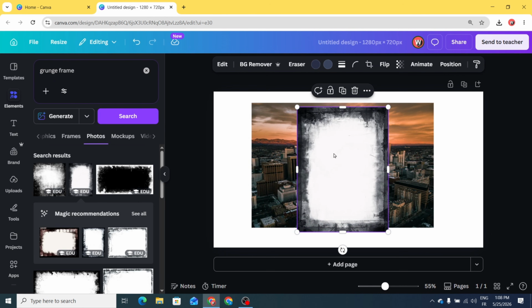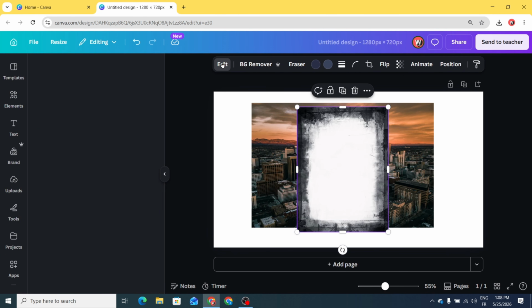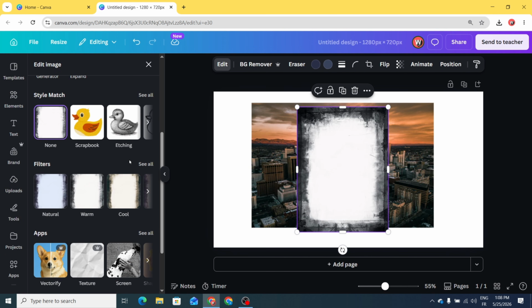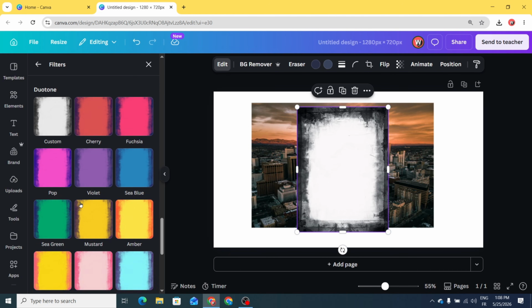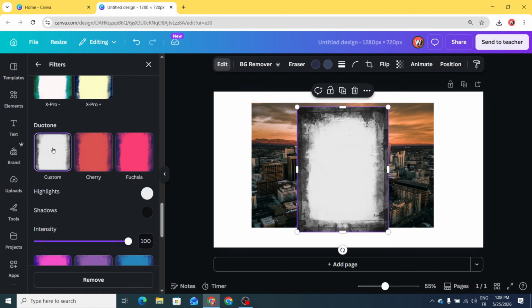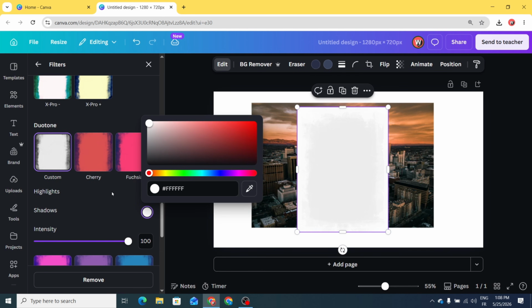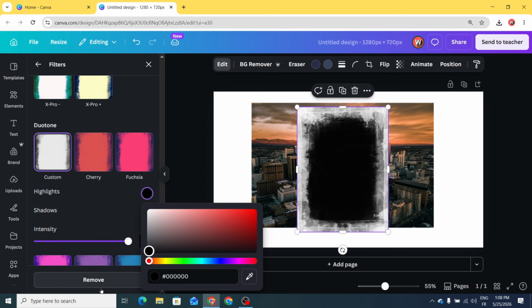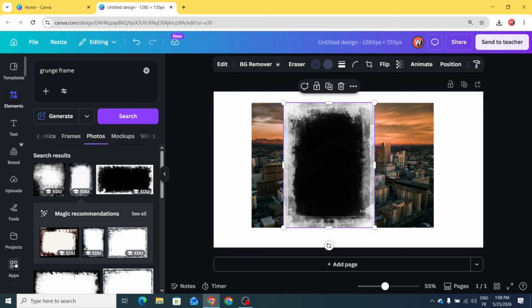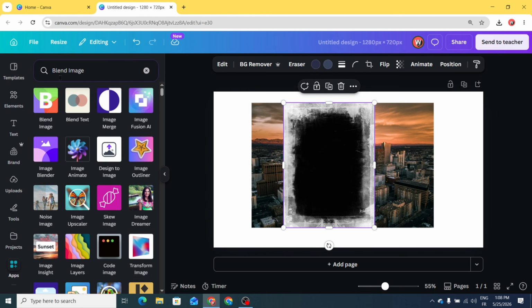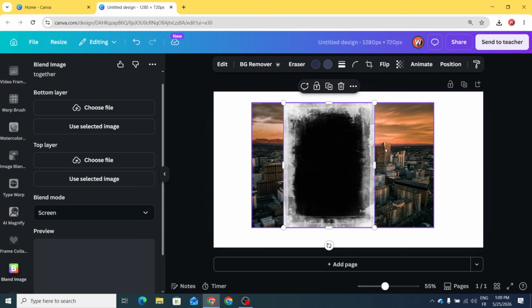Let's click on our frame and try to switch the colors to make the frame white. Go to Edit, Filters, click See all, and scroll down to Duotone, Custom, and switch these colors. Make the black white and make the white black. So we now have a white border, and go to Apps,